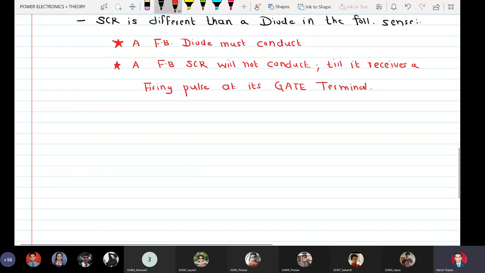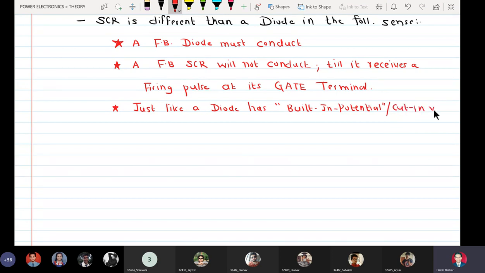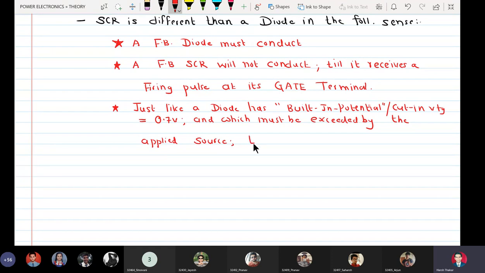So we can put it down like this: just like a diode has a built-in potential or cut-in voltage equal to 0.7 volts, which must be exceeded by the applied source to make it conduct,